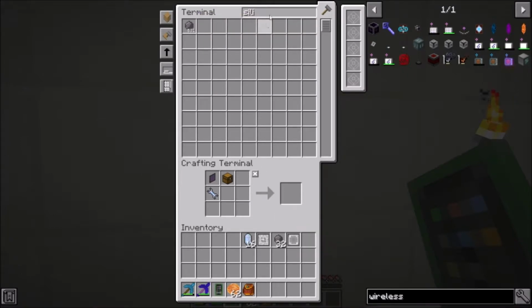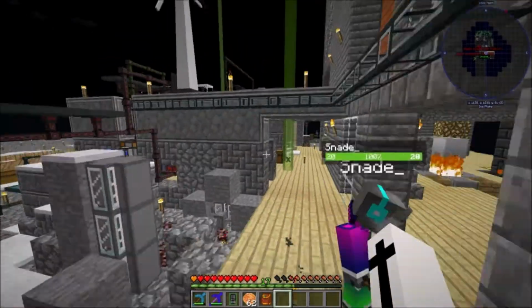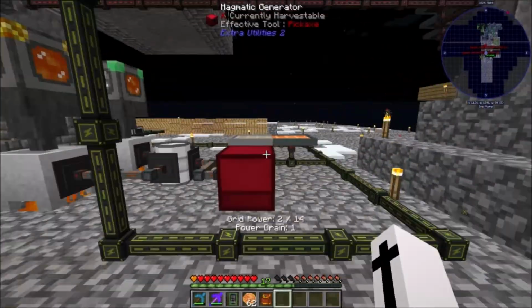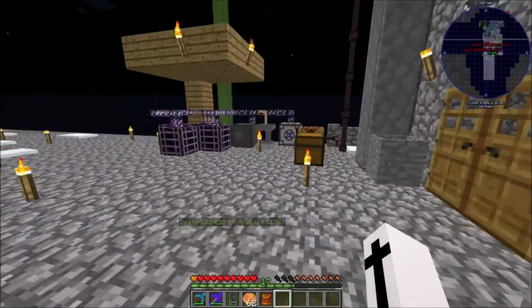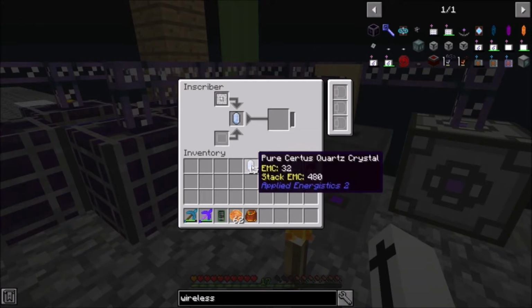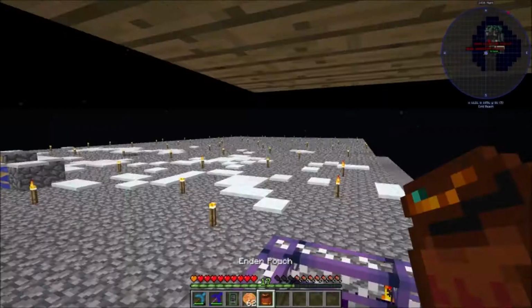Cool. So let's get some redstone. Lots of redstone. Awesome. Alright, well, we'll just head over to the little mini Applied Energistics setup over here. I kind of want to bring it over, but it's too late now. Fuck it. Do some inscribing. How's that? Well, one of the things happening in there is it...